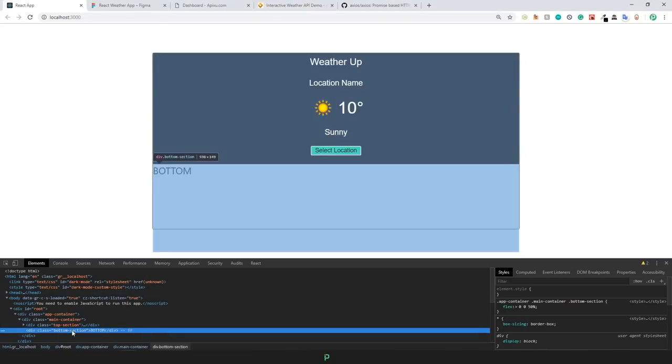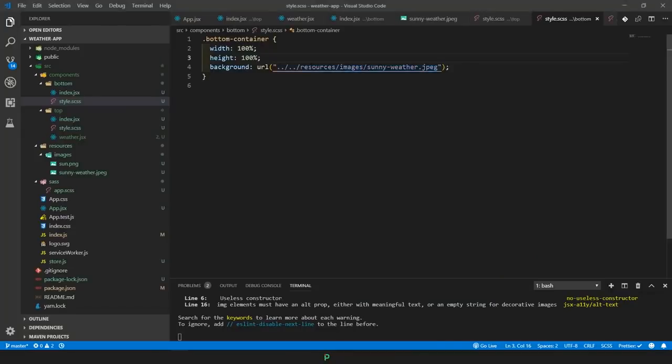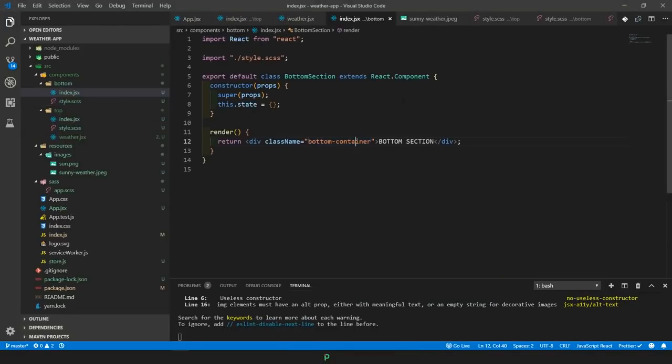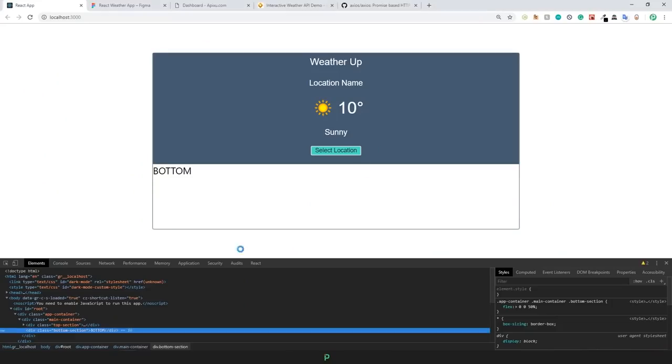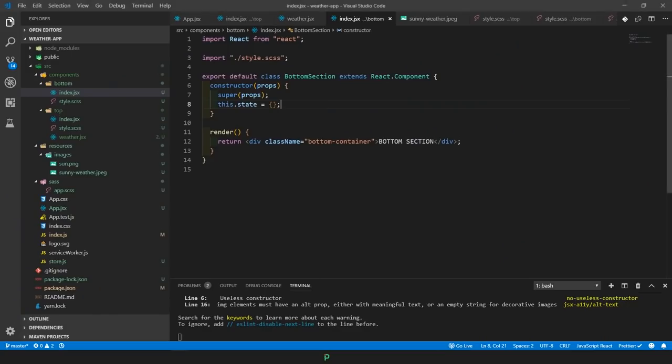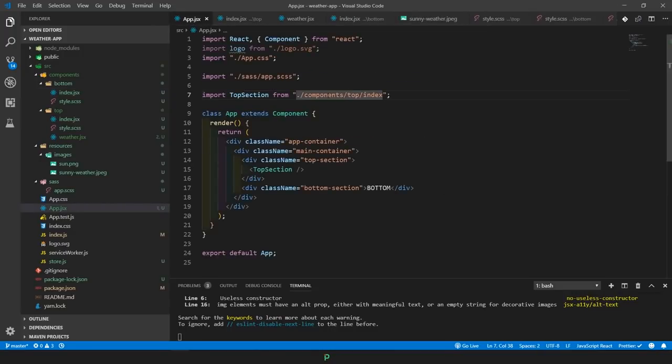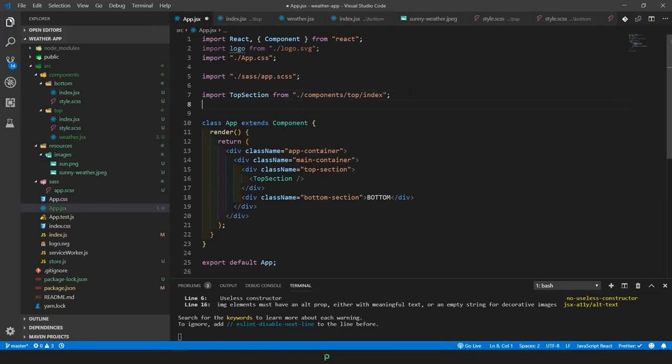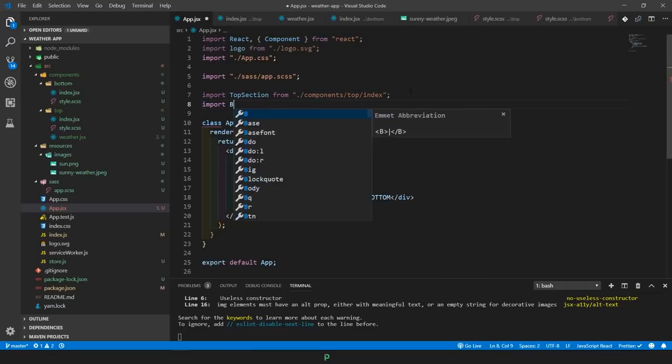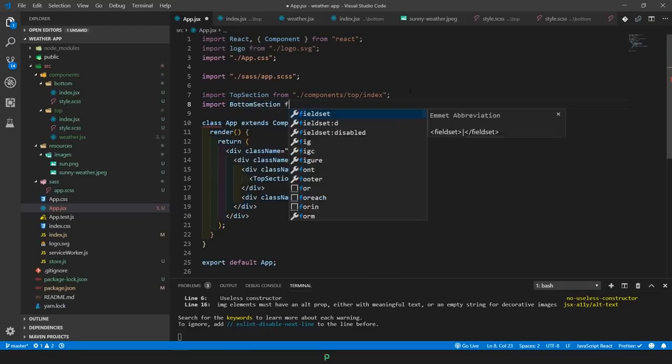Okay, let's check. It's the bottom. I added a class of, okay, it's a top section and the bottom section. Okay, I'm not even importing this in there, so yeah. Go into the app.js and you need to import the top section. It didn't do even that, so I'm just gonna do bottom section from